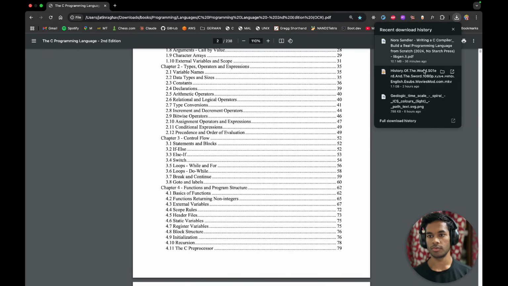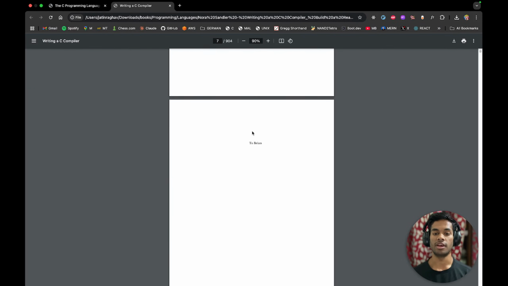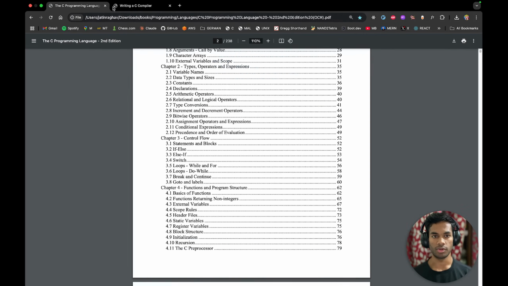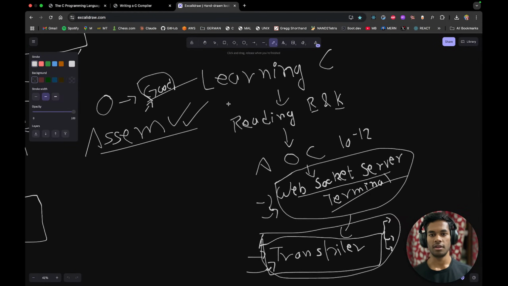Wait, let me show you this: Writing a C Compiler. We will be writing our own C compiler after this book. That is the goal. Well, not exactly after this book, but after this I will be doing some Advent of Code problems, let's say about 10. Let me write in Excalidraw. Yep, this: learning C,